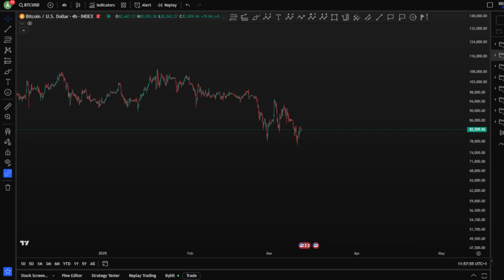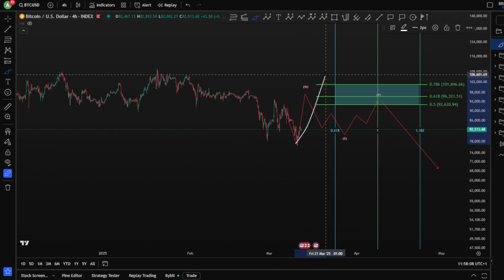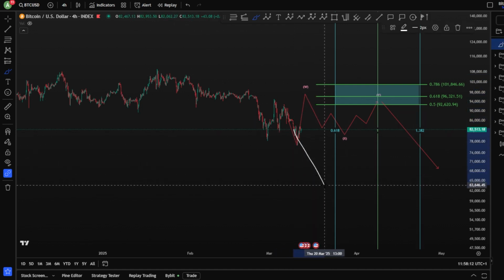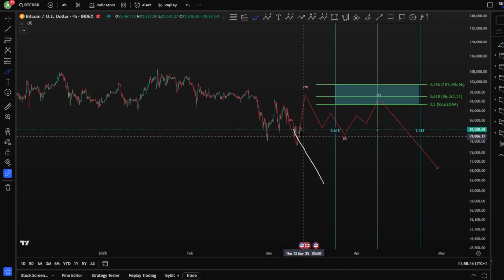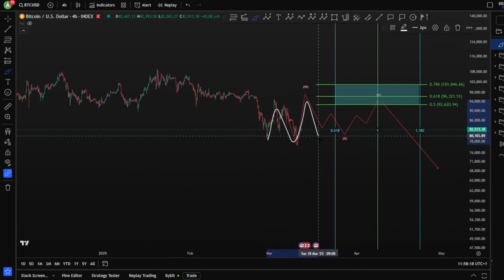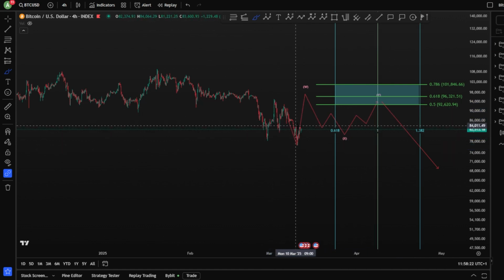Another scenario is a W, X, and a Y taking more time, meaning sideways. As you have realized right now, we have 3 scenarios. One of them might be a wave C toward the upside. One of them can be a wave C toward the downside as A, B, and a C. And this one is sideways, in time. So currently the uncertainty for Bitcoin is dominant. So which way is it going?